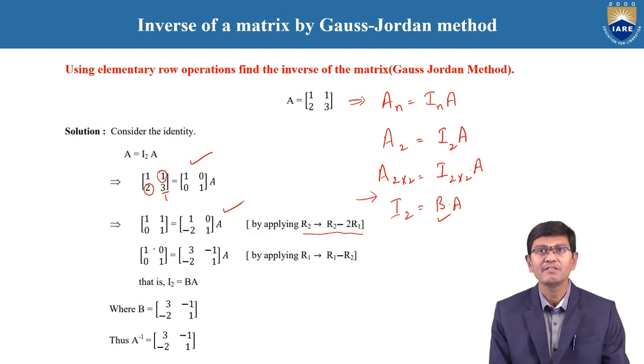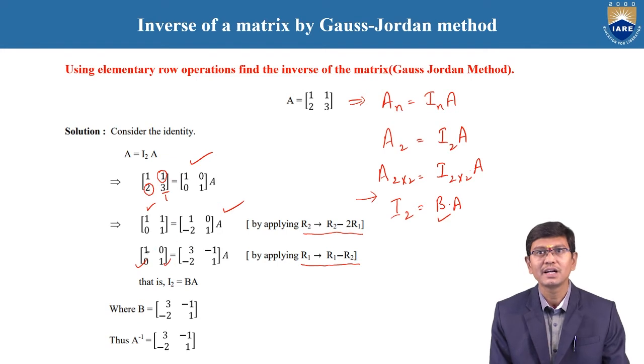Once again, when we observe this matrix, 1 is clearly satisfied, 0 is also satisfied, and the last element 1 is also satisfied. But in the first row, second column, the element 1 is obtained, and we need to reduce that 1 to 0. Therefore, by using the operation of R1 with the help of R2, R1 is equal to R1 minus R2.